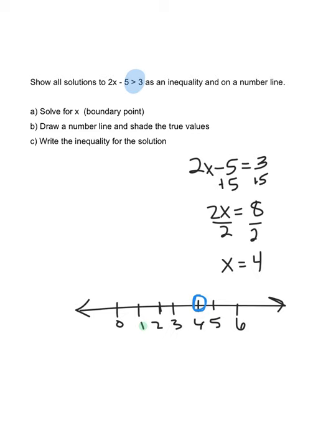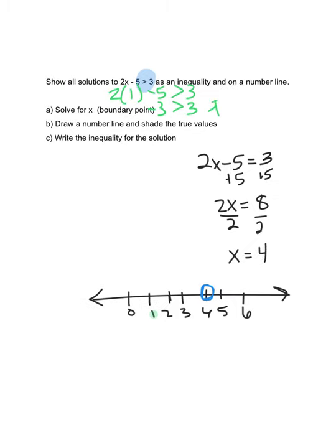So if I go back to my original inequality and plug in a 1 for x, is that greater than 3? 2 times 1 is 2, minus 5 is -3. Is that greater than 3? -3 is greater than 3? No, that is false. So that tells us that 1 is the wrong direction to shade, and we should instead shade the other direction,